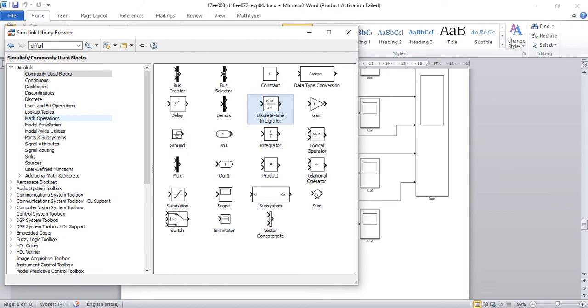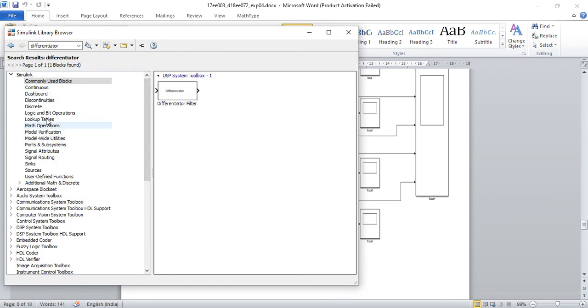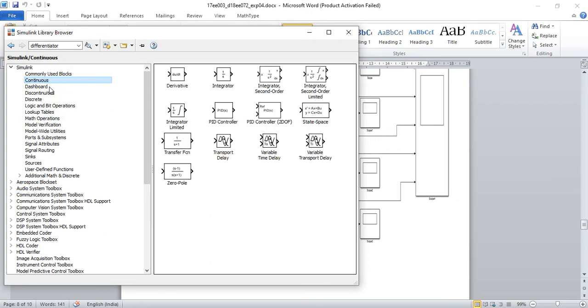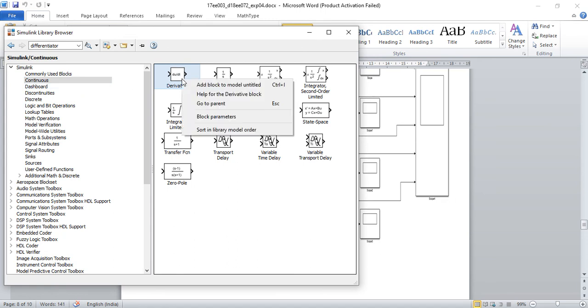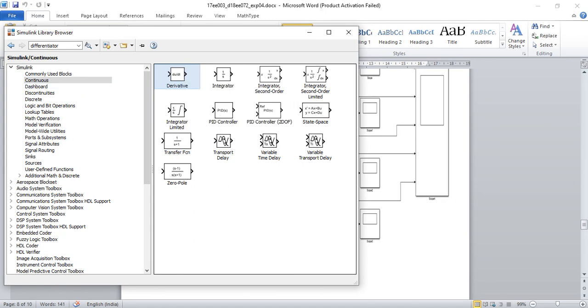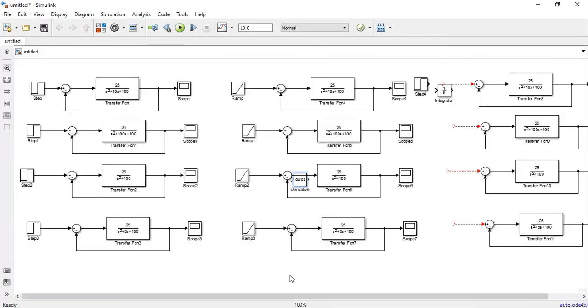I will search it. Differentiator, continuous, okay, derivative block. In the continuous library you will be getting the derivative block, so I will add it. You will have this block du by dt, so I'm connecting it over here.